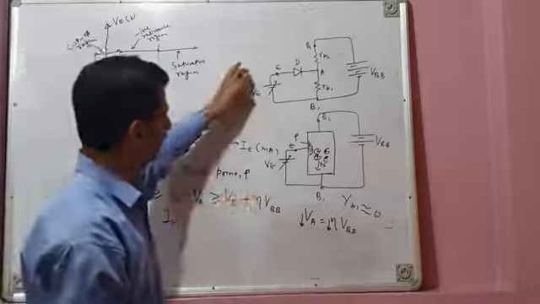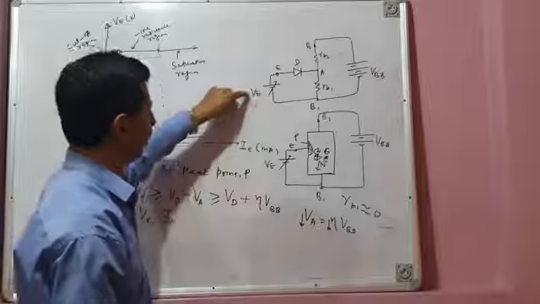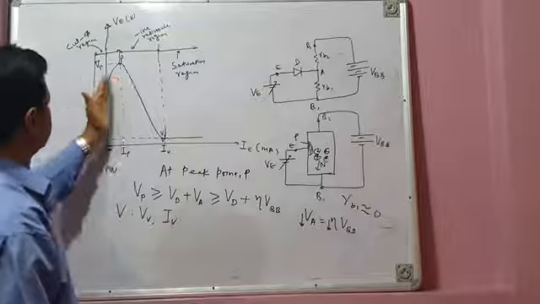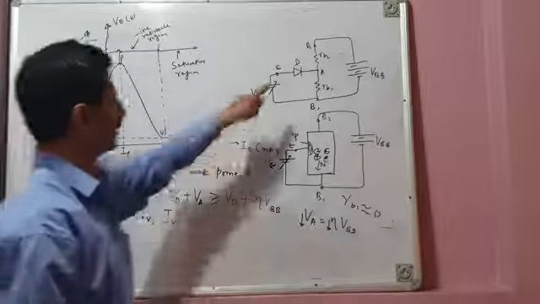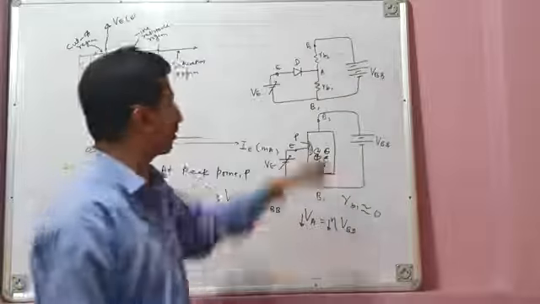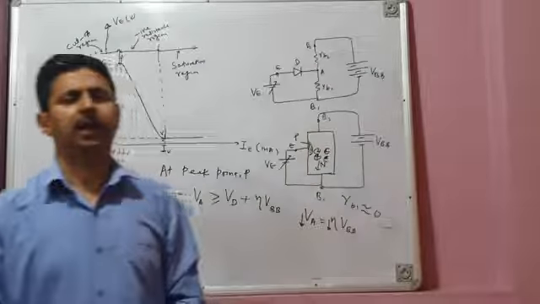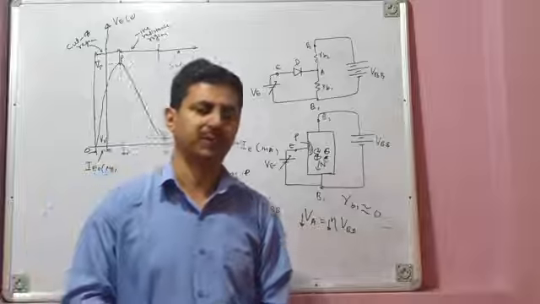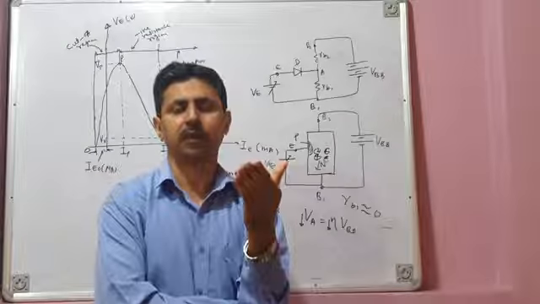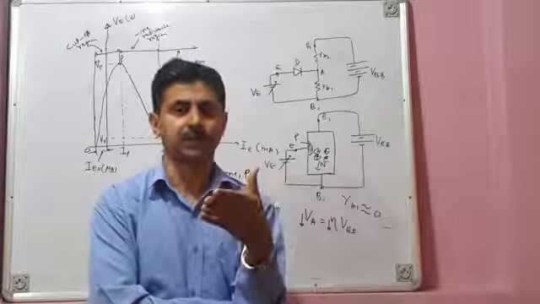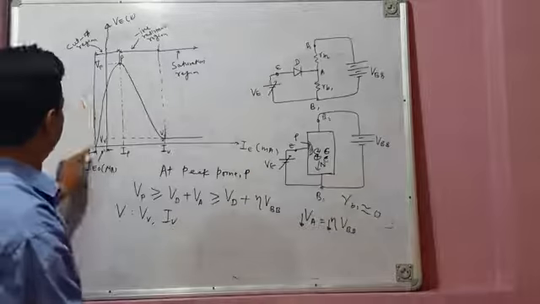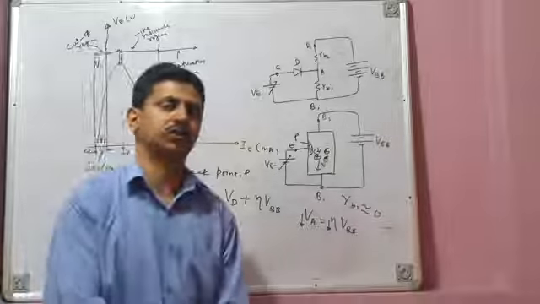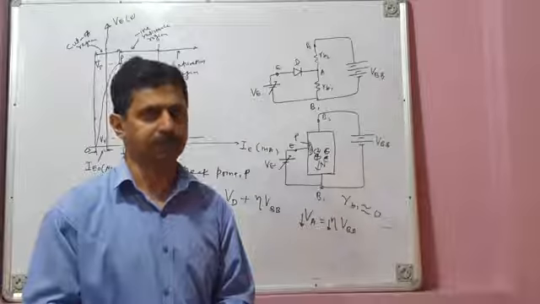Initially, when the applied voltage VE is less than the peak point voltage, you can see from O to P, the PN junction remains reverse biased, because VE is less than VA, and a negligibly small leakage current of the order of a few microamperes flows. The UJT is in the blocking state, the off state, or the cutoff state. So the region from O to P is called the cutoff region, because in this region your UJT is in the cutoff state, off state.